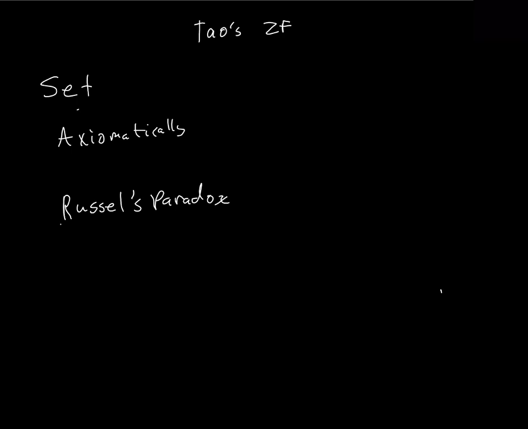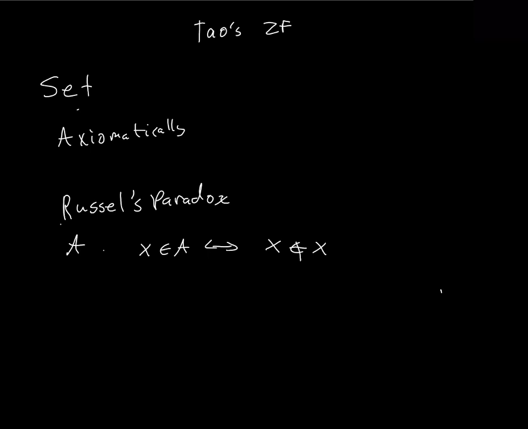So Russell's paradox states that, let's say a set can be anything. Namely, I can say there exists a set X that is the set of all sets that don't contain themselves. You may be wondering, okay, what does that even mean? A set of all sets that don't contain themselves. Let me write that out. I'll let A be my set, and I'll say X is in A if and only if X does not contain itself.